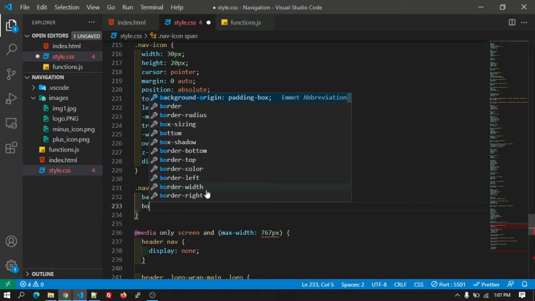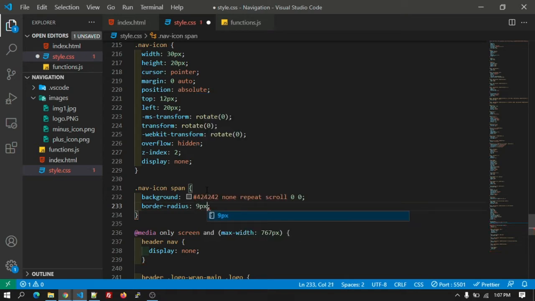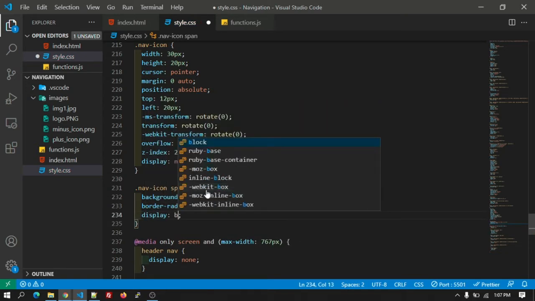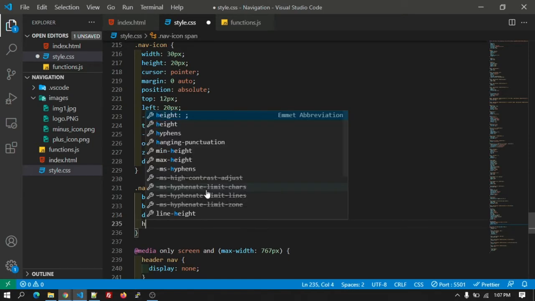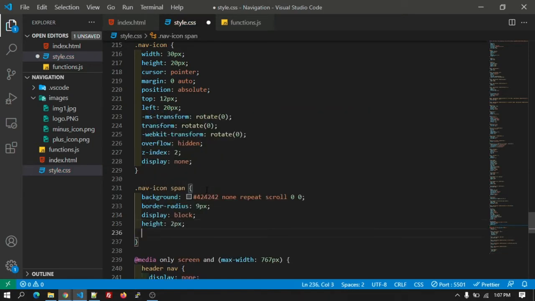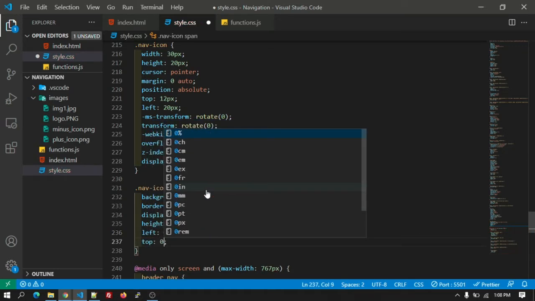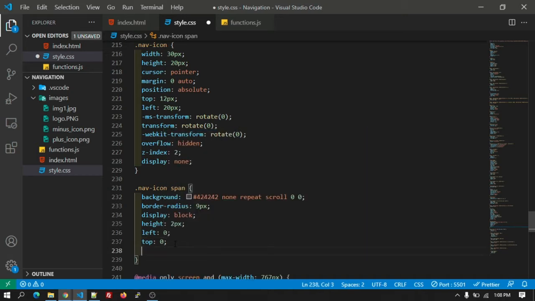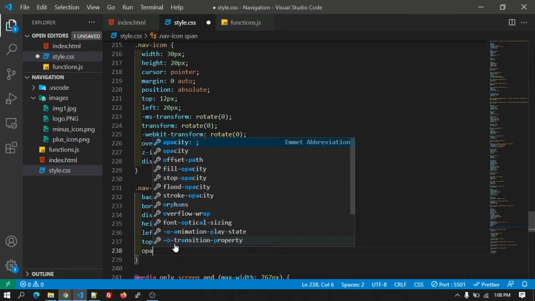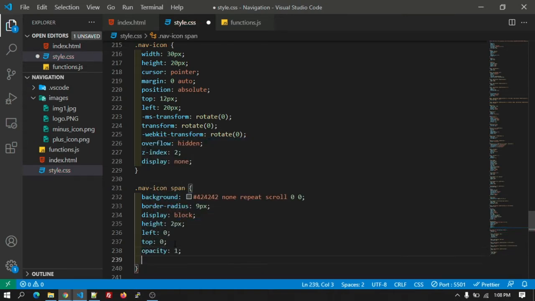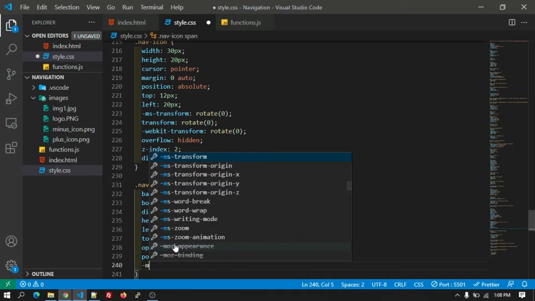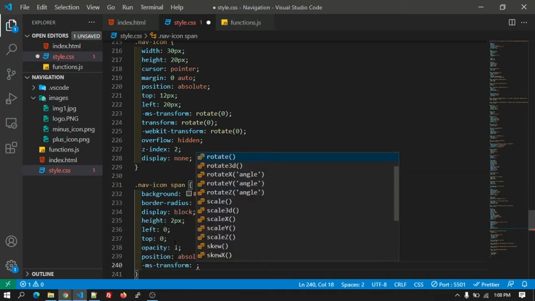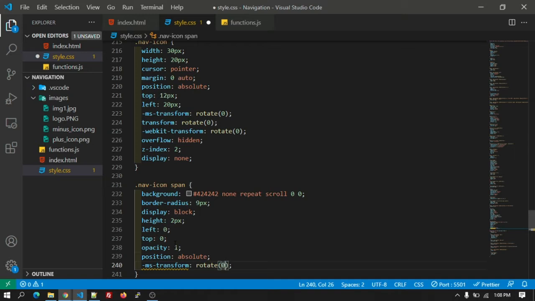Okay, and the border radius will be 9 pixel, and the display block, and height will be 2 pixel, and the left will be 0, and the top will be 0, and the opacity will be 1, and the position will be absolute, and -ms-transform rotate 0.